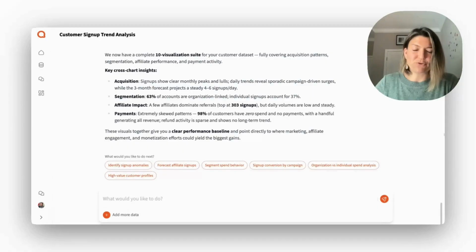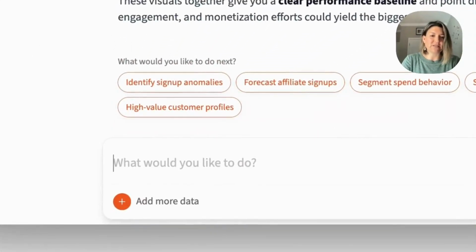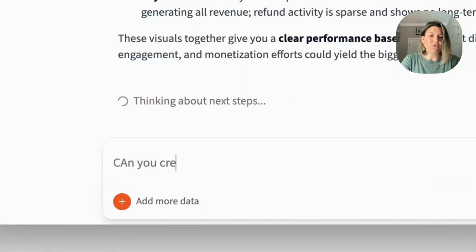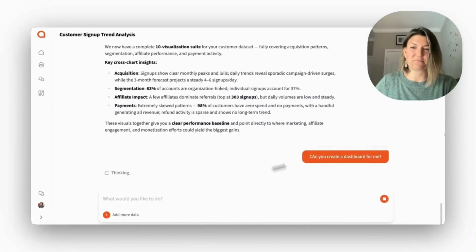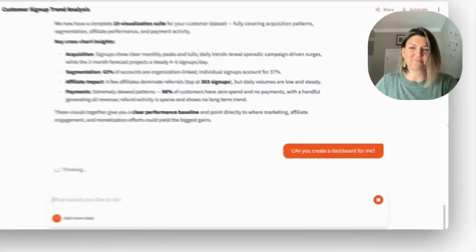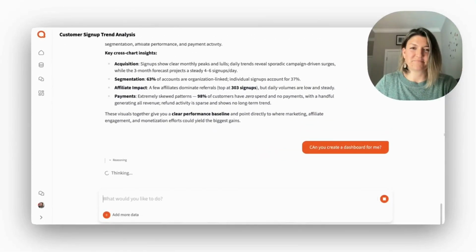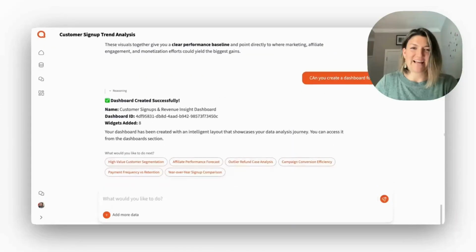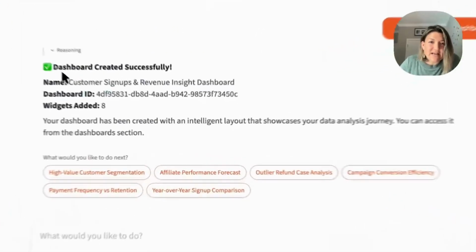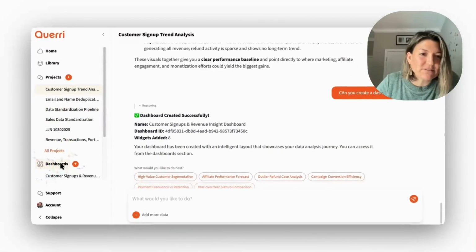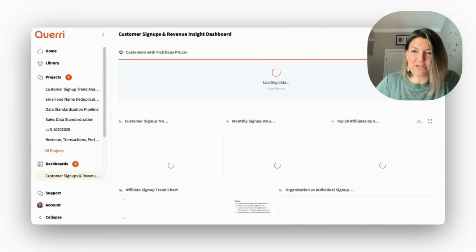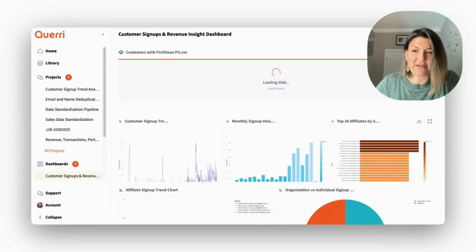But another way, if you're just trying to get a quick overview over your data and you just want to have a quick dashboard you can share with people, you literally can just go here and say, can you create a dashboard for me? And as you can see, it says it created a dashboard, which you can find on the side here where it says dashboards. I love the confetti. And it just took all the visualizations we did and the insights we collected and created a dashboard for us,